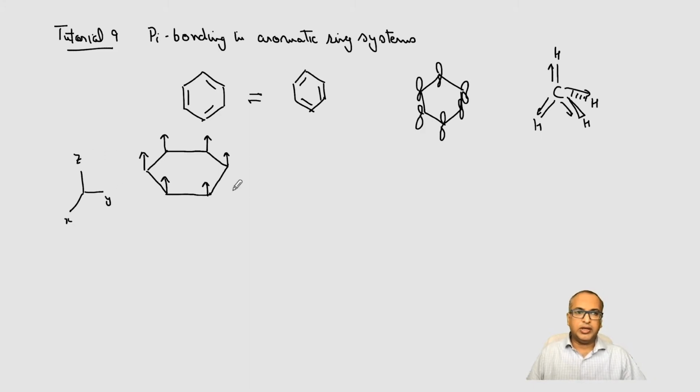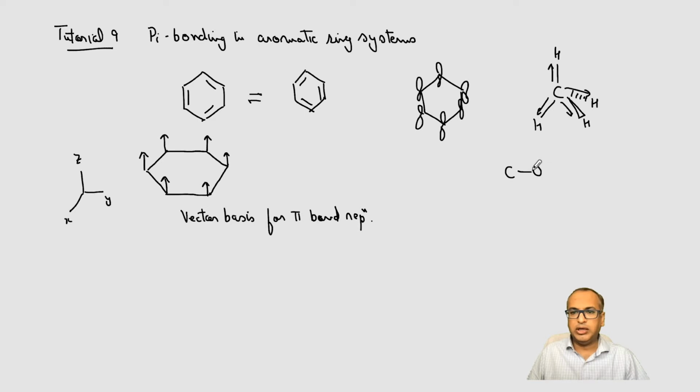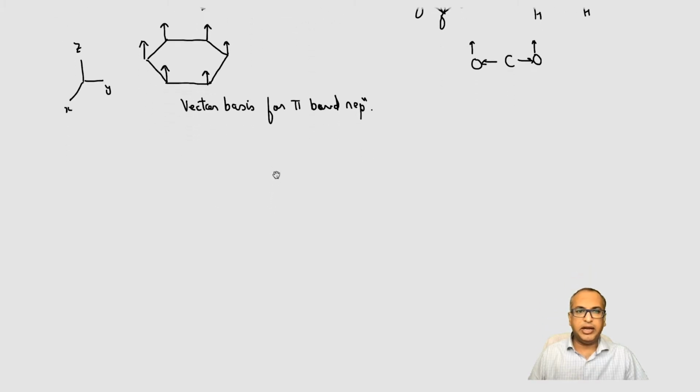All right, okay, so now this is called the vector basis, same as here. So this is the vector basis for pi bond representation. Now you can use this kind of approach in any system. We'll later on see that, let's say if we want to discuss the bonding of CO2, for sigma bonds we'll take this type of arrows, and for pi bonds we'll take this type of arrows, okay, perpendicular arrows. So this is just an example. So now let us see how we take these arrows and create a basis set.